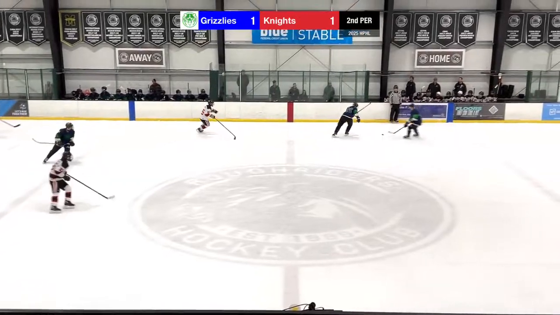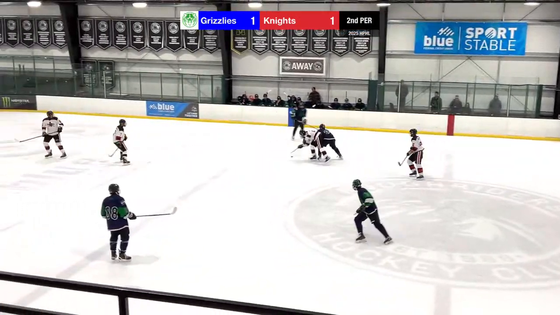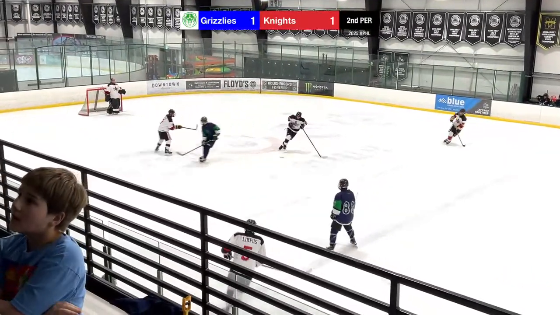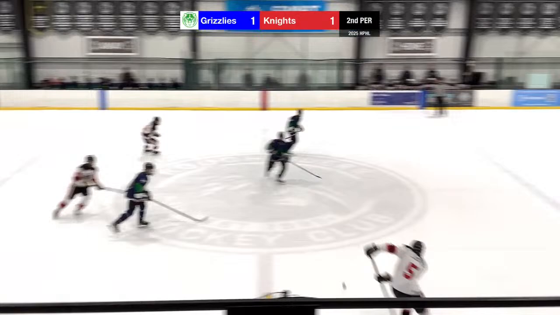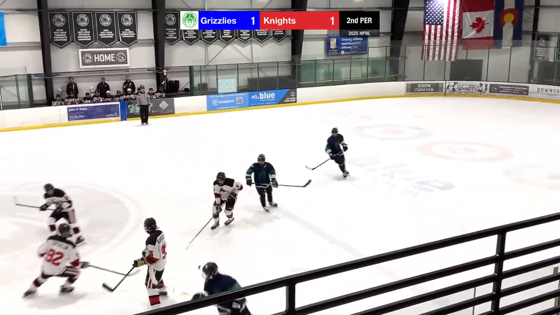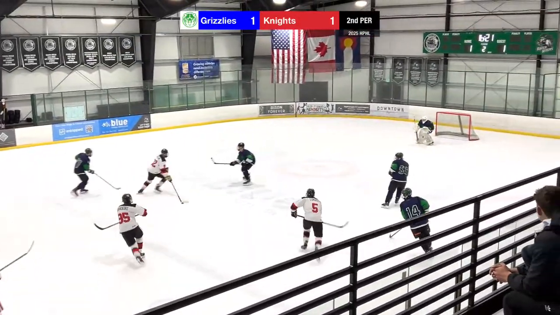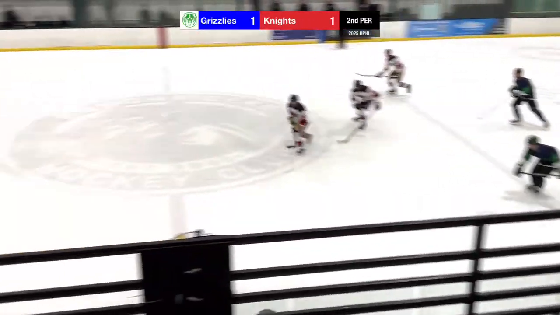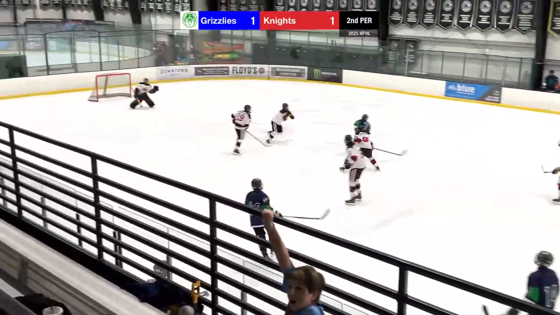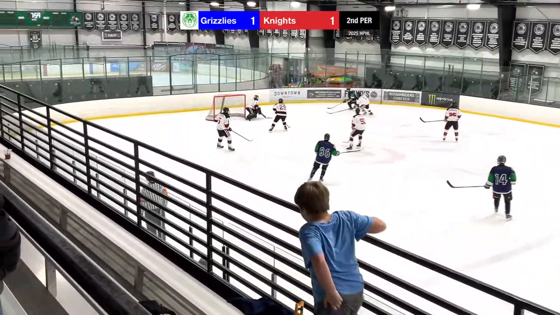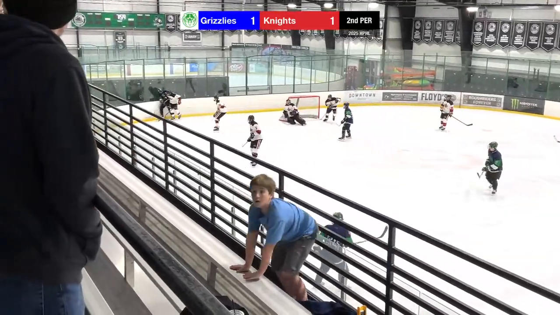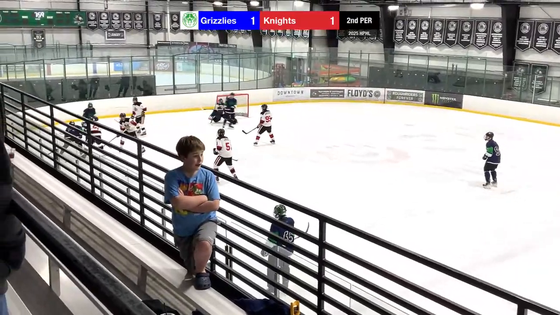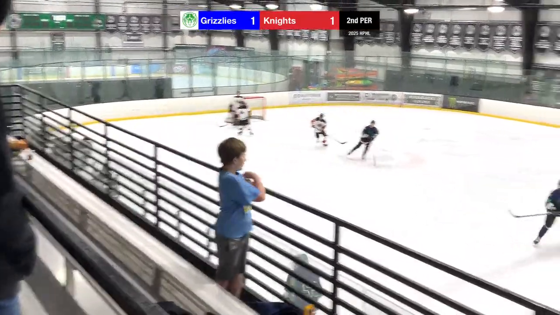Ian not able to get that forward, blocked. This is Benton. Benton has that puck come off of his stick. Sent forward. Boulder breaks in. Toe drag misses. This is Mason. Mason breaks in, cuts across. Mason goes behind the net. Mason up. Ian. Ian not able to center that.